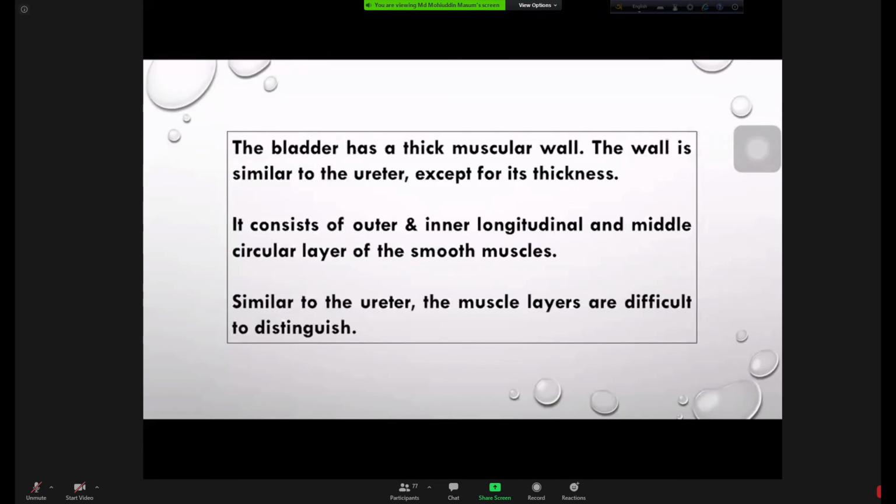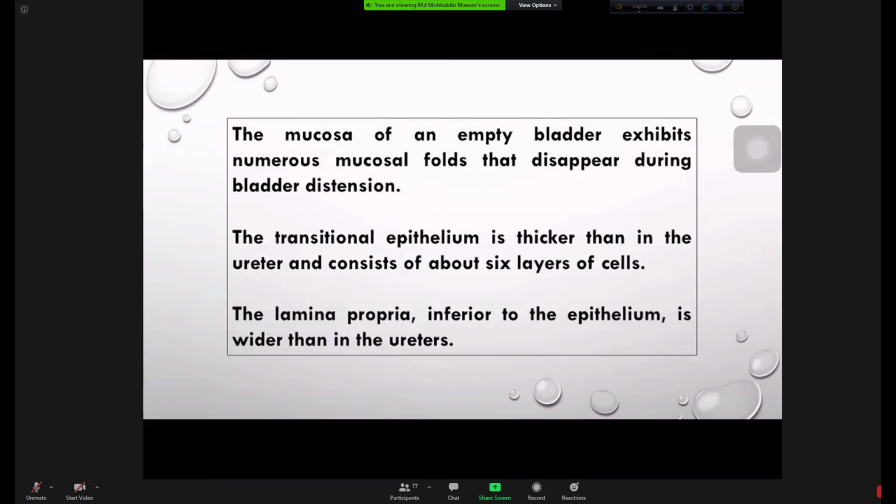So the urinary bladder, it is a thick muscular wall. Lining epithelium is transitional epithelium. So it consists of outer and inner longitudinal muscle layer and middle circular layer. But in case of